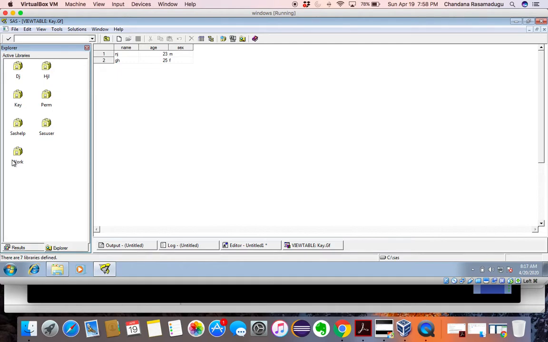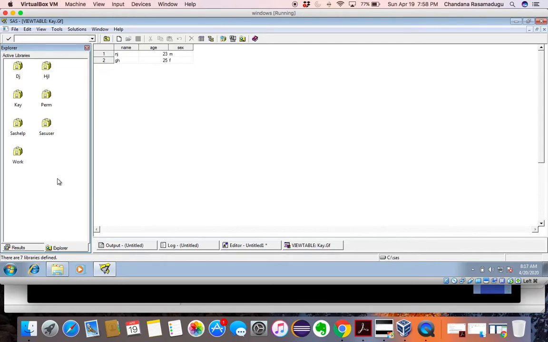Yeah. So, if you create a SAS program and have not assigned any permanent library, earlier we tried to assign a permanent library, right? If we don't assign anything, it will go and sit in this work library, okay?